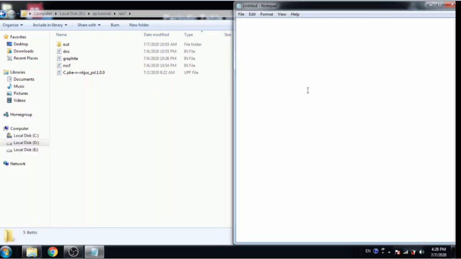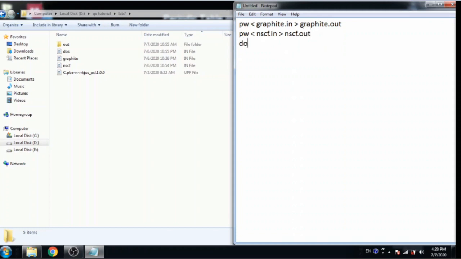Now we want to compile all three files, so we write a command: pw, input file is graphite.in and output file is graphite.out. The first two files will compile with pw and the last is compiled with the DOS command. So for NSCF, pw nscf.in and for output nscf.out.